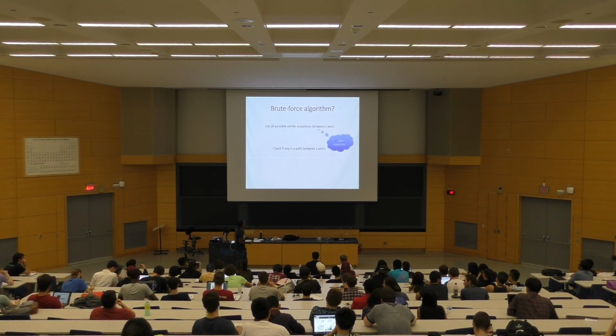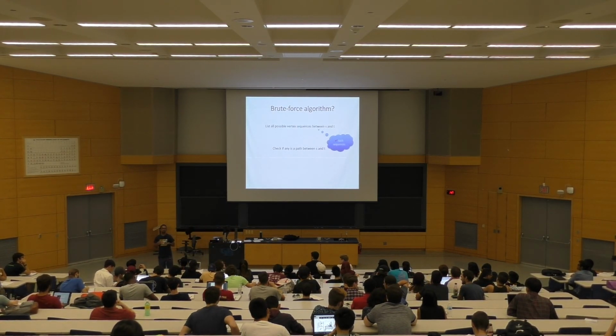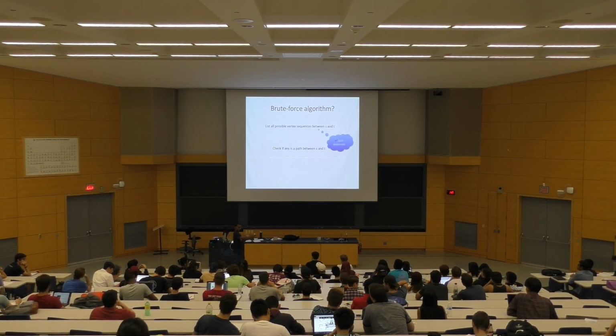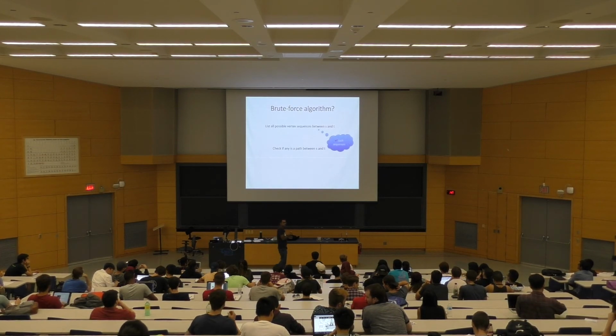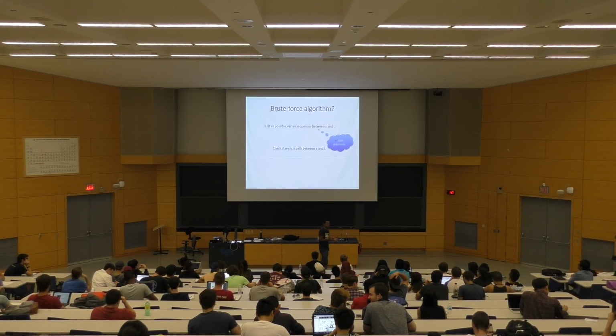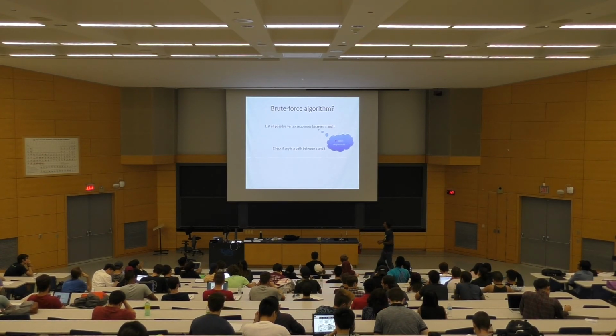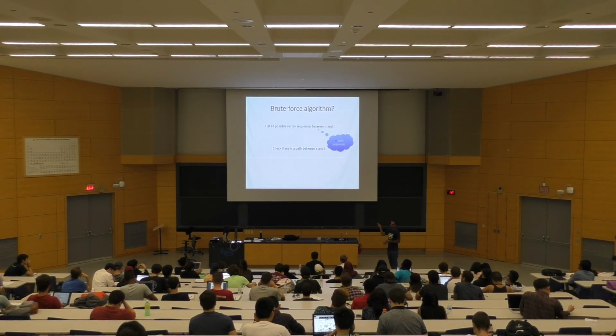Okay? So the issue is there are lots and lots of these sequences. There are n to the n. If you want to be a bit more careful, if you look at simple paths, there are only n factorial sequences because all the nodes are distinct. But of course, as we've seen before, this is too bad. This is not going to scale. Definitely not if you wanted to answer these questions on the internet graph, for example, or even the Facebook graph. This is too big. I can draw a graph by hand in which this algorithm is not going to terminate.